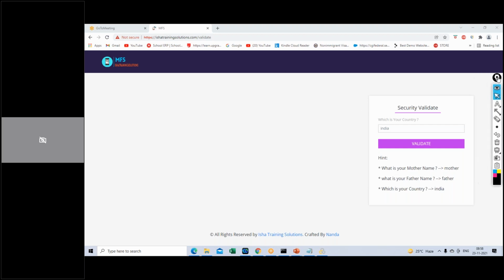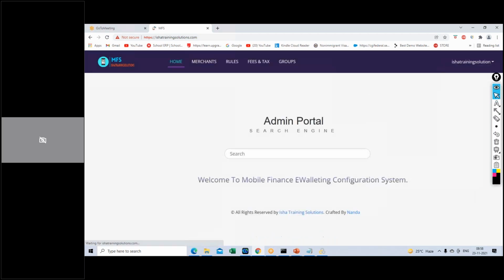We have included some good concepts like security questions and some complex correlations. As soon as you log in, you will get these security questions. Then you'll see a very good application with default search engines and different functionalities. Apart from this, we will learn a couple of other applications also.